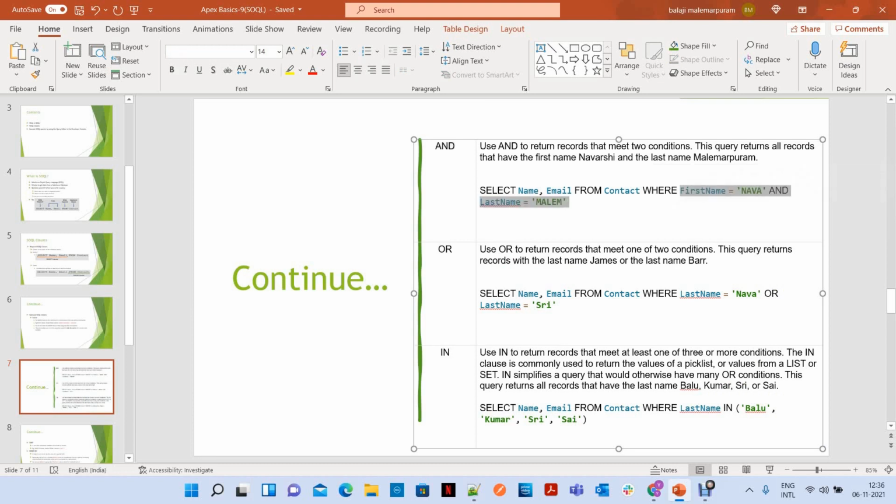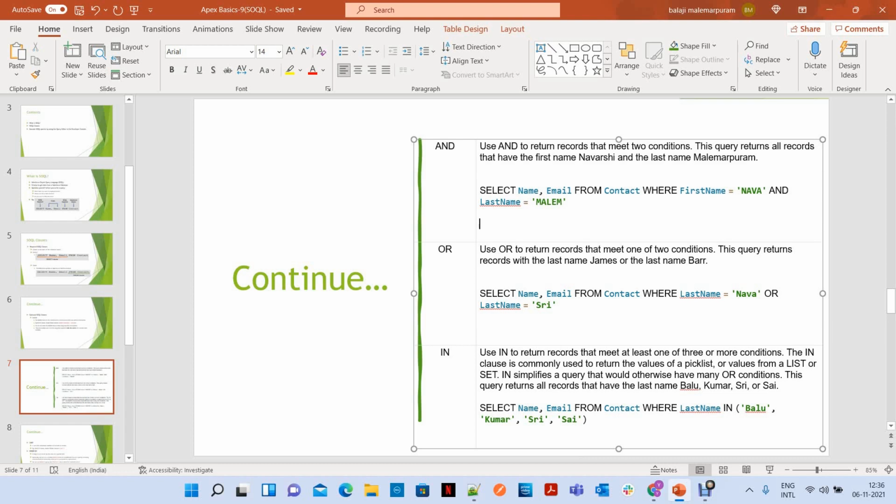See here, where first name equal to Nava and last name equal to Malam. And if we want to use or, you can use it like this. What it means is, I want to retrieve the contact with the last name Nava or Sri. In the first and condition, I want to retrieve the contacts, if there is any contact with the first name Nava and last name equals Malam.